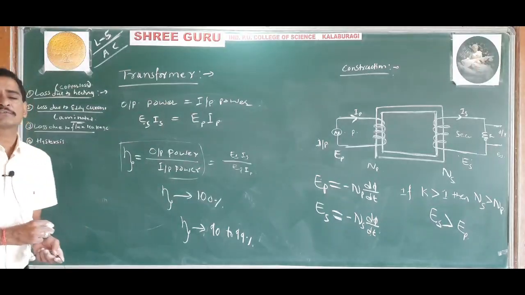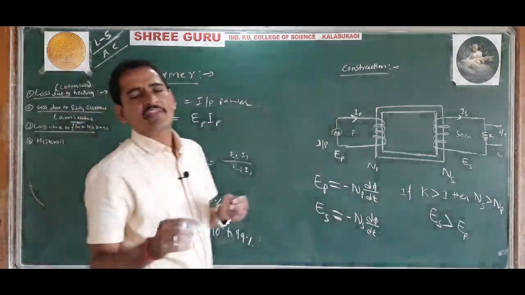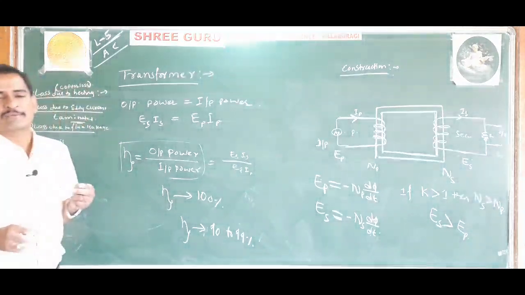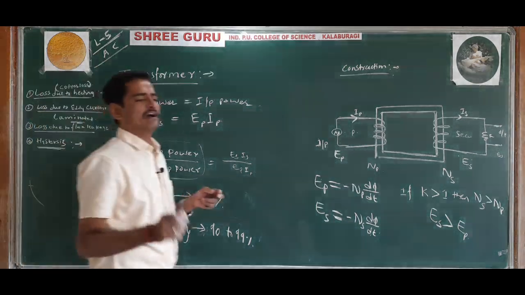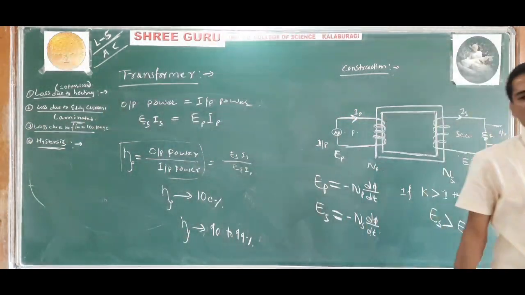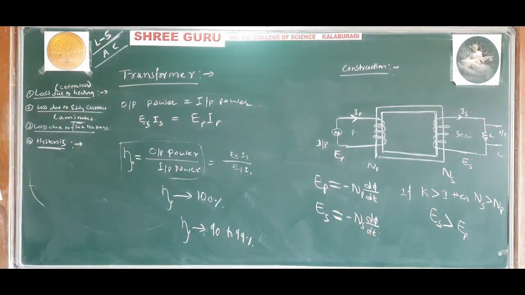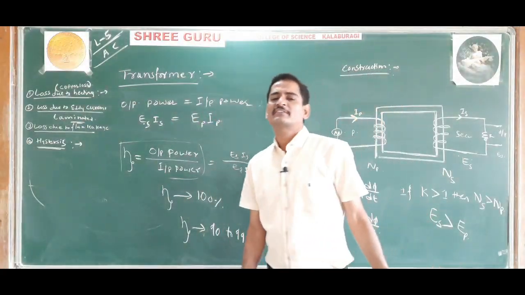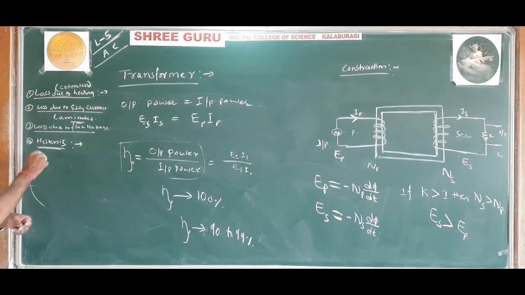This can be minimized by winding the secondary coil over the primary coil. That is, the primary coil and secondary coil are wound one on another. And there will be a loss due to hysteresis, that is, hysteresis loss. The iron core continuously undergoes magnetization and demagnetization. Due to this, there will be a hysteresis loss, and this hysteresis loss can